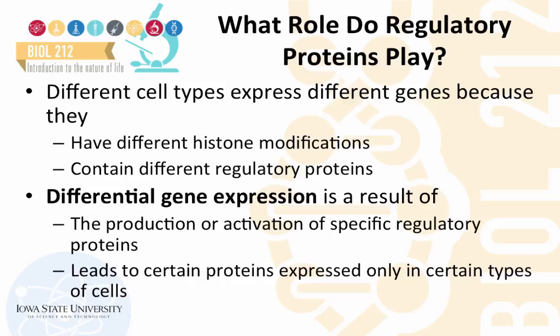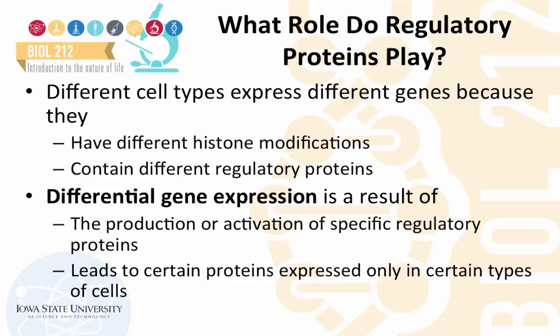Now, let's look at the role that regulatory proteins play in this process of regulating gene expression. Different cell types express different genes because they have different histone modifications and contain different regulatory proteins. This is what leads to a difference in a muscle cell and a kidney cell, or a heart cell and a brain cell. And the process that gives rise to these different cell types is called differential gene expression, which